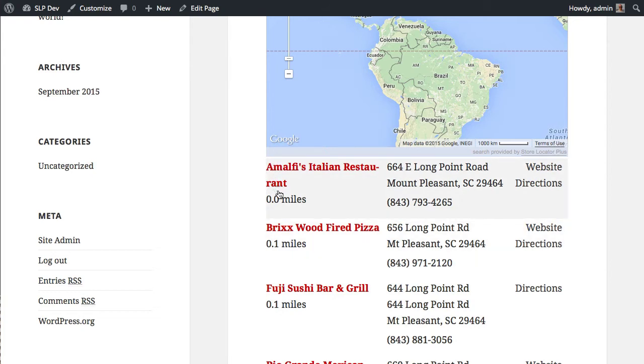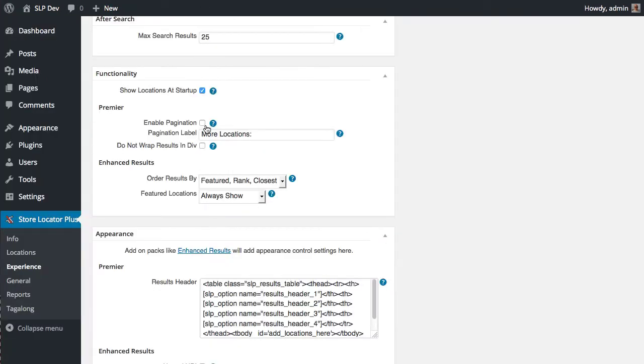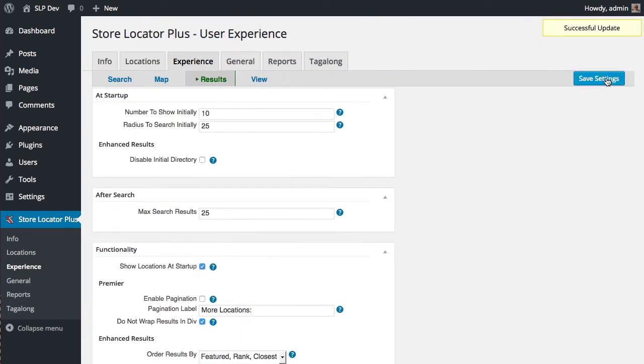Well, that makes it very difficult to do things like table headers and table rows when this information comes back from the other end of the query request and get it into the proper format so that you don't break the HTML compliance. So to make this work with tables, I turn off the results div, and that will take